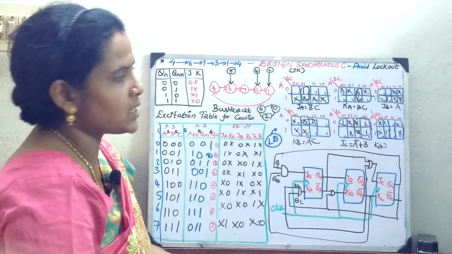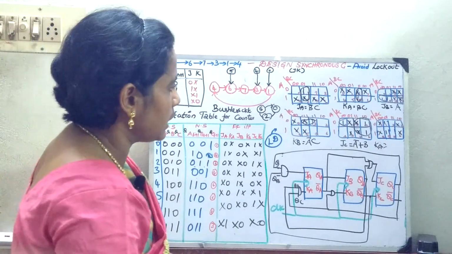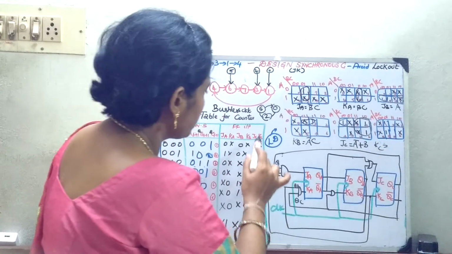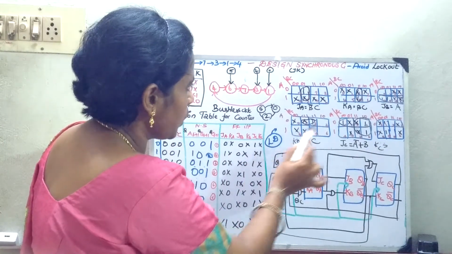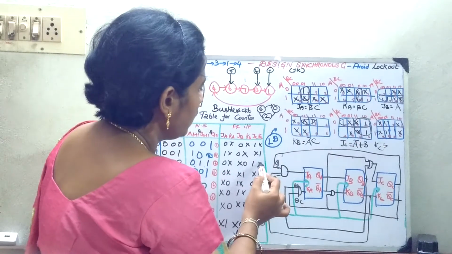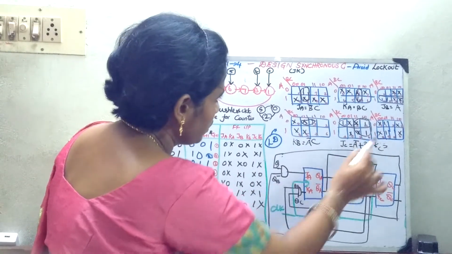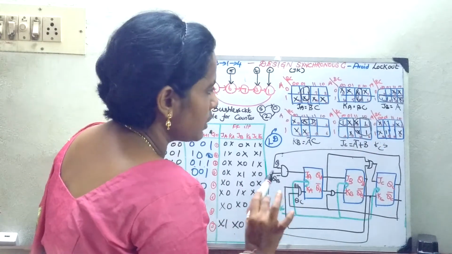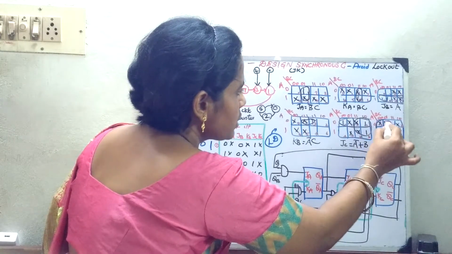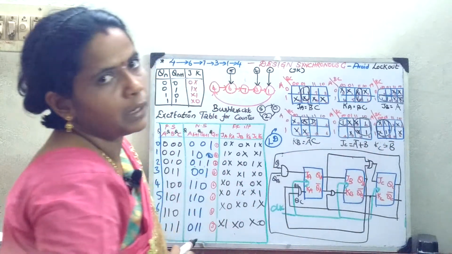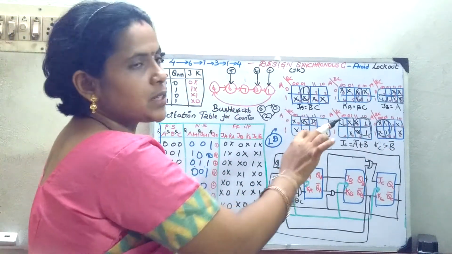Okay. Now the last one, KC. So for this KC, the first one is don't care, then 1 is 1, the 2 is don't care, 3 you leave, 4 is don't care, 5 is 1 and 6 is don't care and 7 is 0. So I can go in for a 4 cell grouping. What will be the answer? It is B bar.